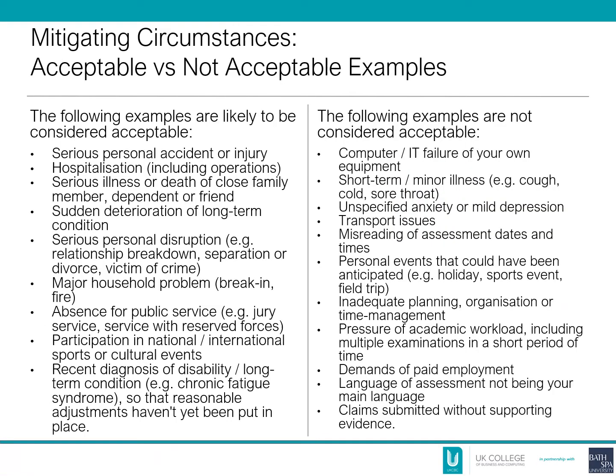So what is an acceptable mitigating circumstance and what is not? The following examples are likely to be considered acceptable. Serious personal accident or injury, hospitalization including operations, serious illness or death of a close family member, dependent or friend, sudden deterioration of a long-term condition, serious personal disruption, for example, a relationship breakdown, separation, divorce, or being a victim of a crime,